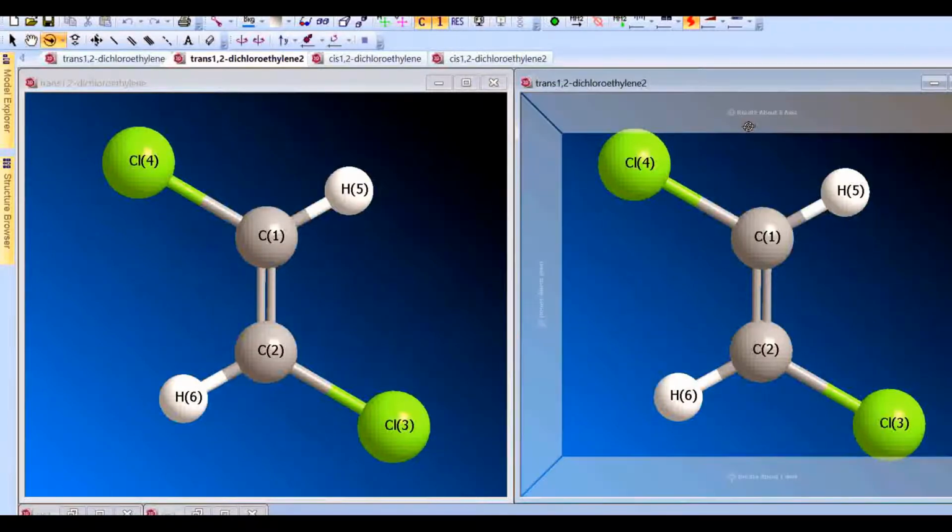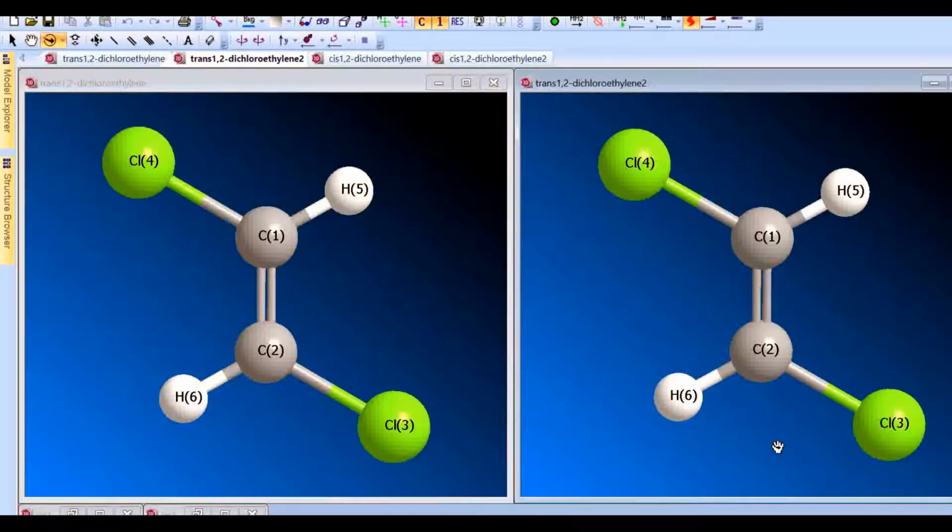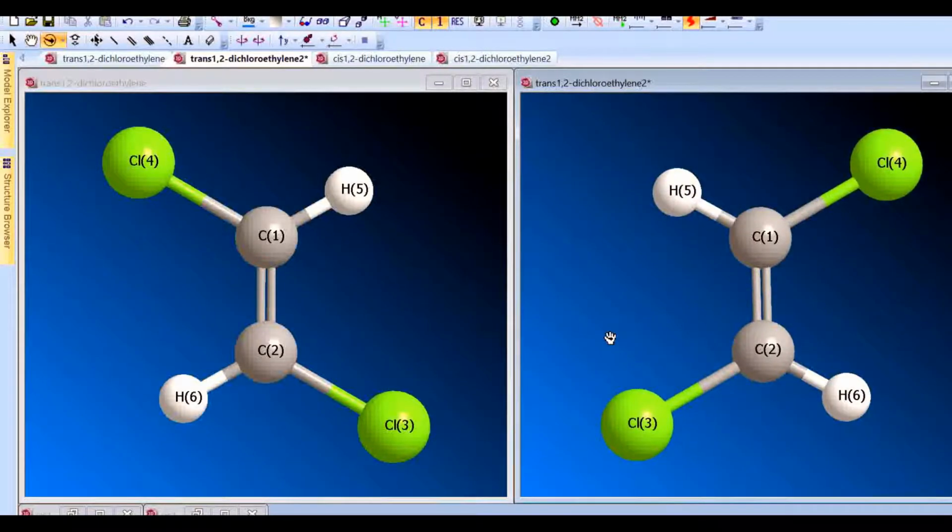So first I will rotate the molecule around this axis. So what happens? Rotation by 180 degree means interchange of the positions of hydrogen and chlorine. This is what will happen. This is my rotation. After rotation, I will reflect through this plane, through a plane which is perpendicular to the axis of rotation, and therefore what will happen? This will happen.